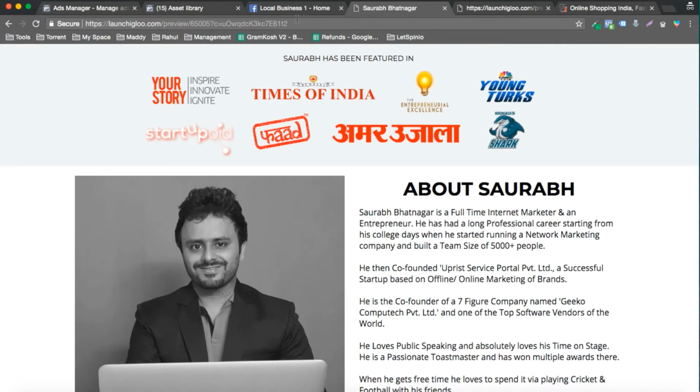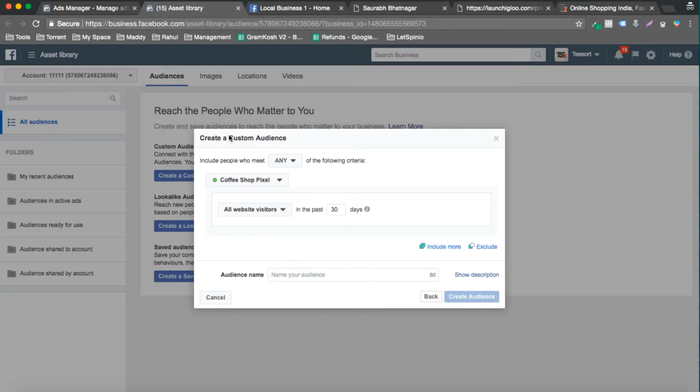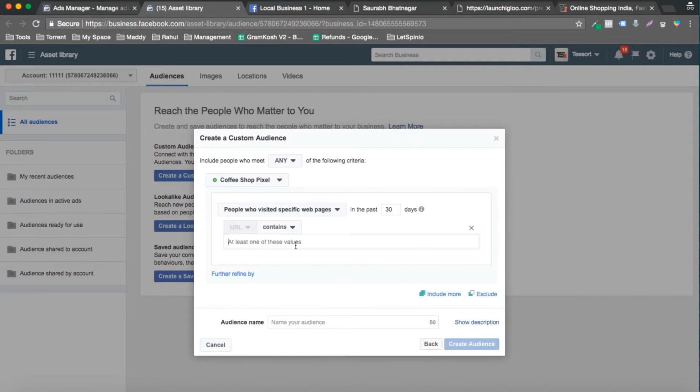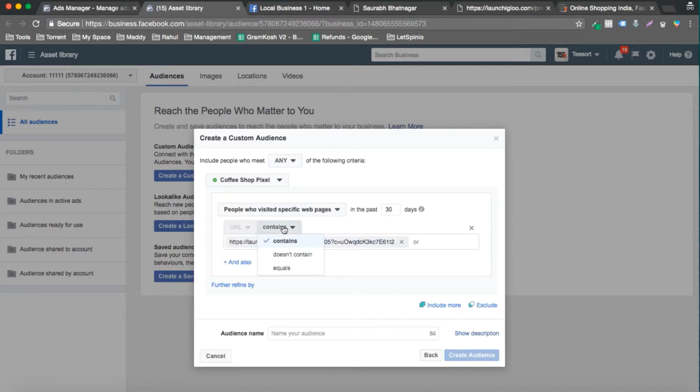So what I will do is copy this URL and go to the asset library once again to create the custom audience. I am going to tell Facebook that anyone who is going to visit this particular URL, I will click on equals, like this is my coffee page URL, and I will write down that this is my coffee product URL, let's say.